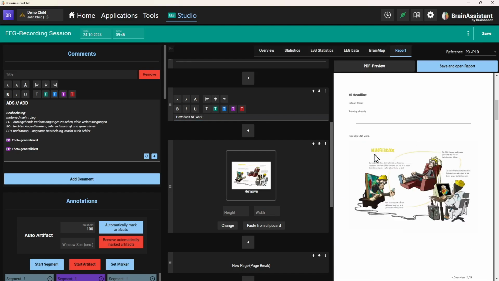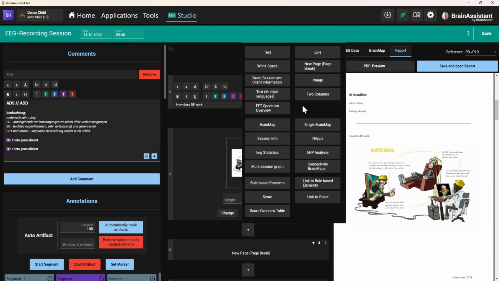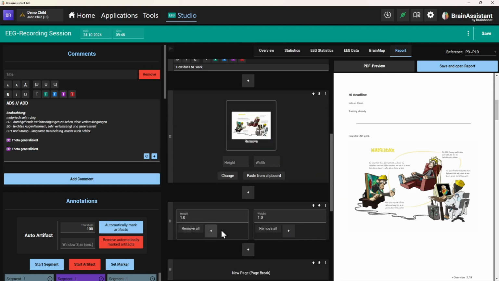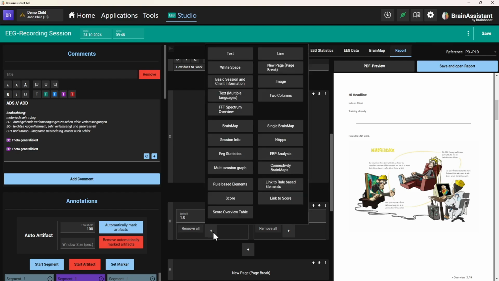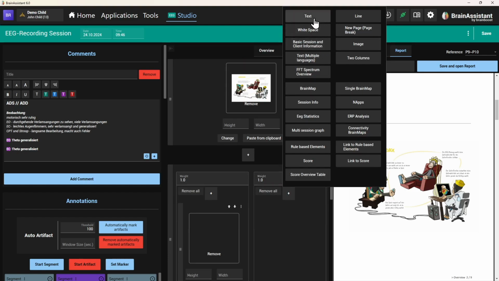So you see, you can also add images, of course, create height and width. And now some people say, I like this image, but I kind of want it, not, this is of course meant to be full size, left and right. But what you can also use is press plus and also use 2 columns. So I press this one. You can see within left and right, I can also add things. So I could say, okay, plus image, I add an image here, and then plus text, and I add a